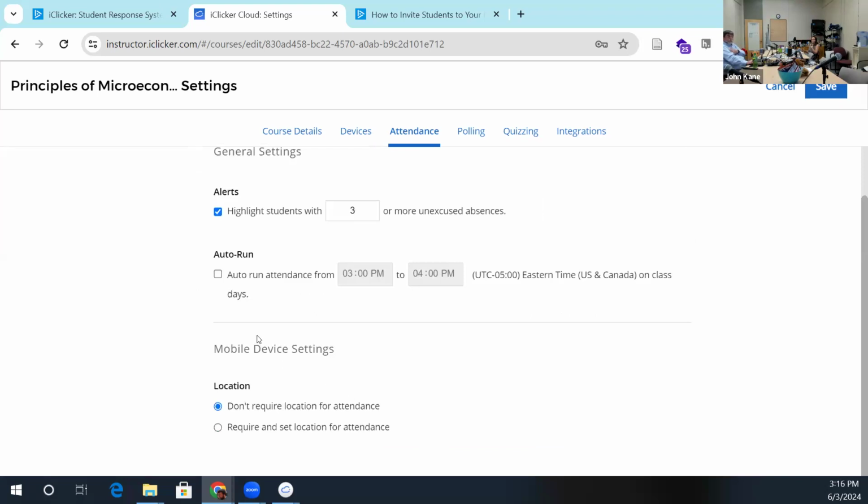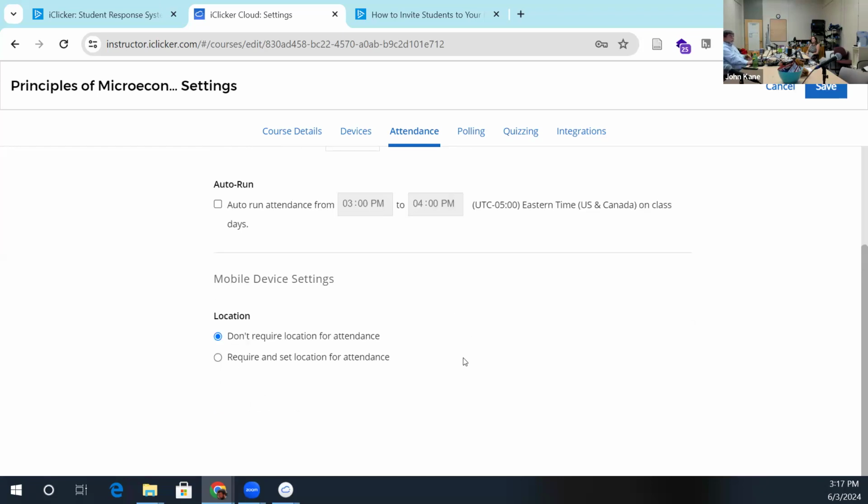You could do auto run attendance during some time during a class. I don't do that. But it will keep track of whether they participate in that day's quiz, and this just flags them for you so you can see who's missed 3 or more classes. And you can change that to 4 or 5 or whatever you like. It doesn't affect their grade in any way, but it's just a reminder to them that they've missed some classes